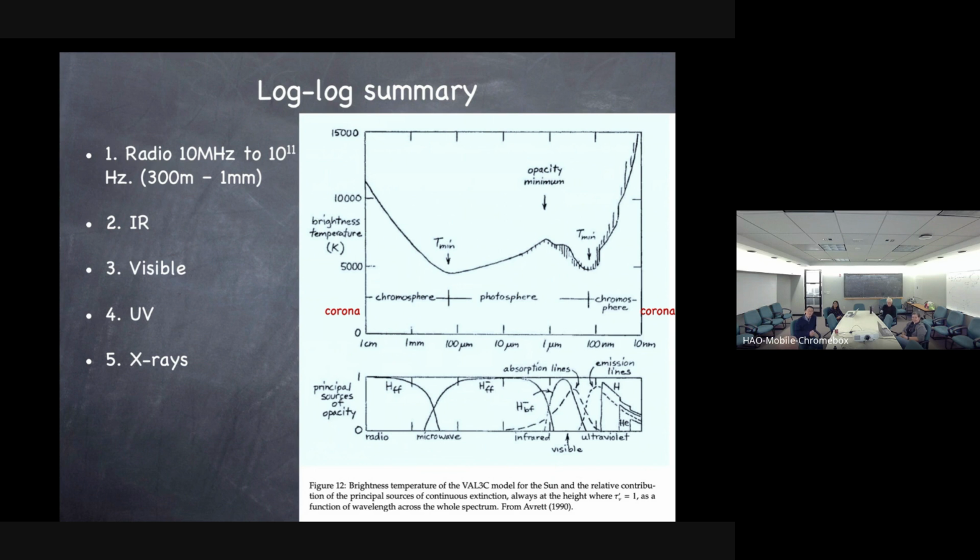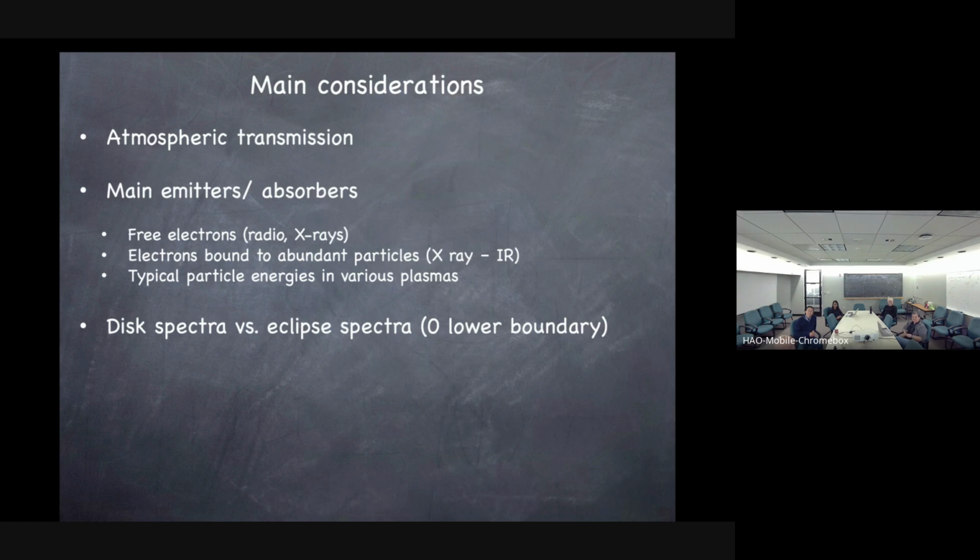Okay. But this is the kind of question I'm going to be prompting you with. So what are the main considerations that I would think are important to understand? We'll see some plots of the sun spectrum in a minute, but first of all, atmospheric transmission. Let's pretend we're 70 years ago, before the space age, and what can we see on the sun? Well, that still remains the best studied part of the spectrum, right? With some exceptions. People have gone overboard with the UV and measured lots and lots of things in the vacuum UV for which you need to be above the heights you were talking about. So we know the UV pretty well,